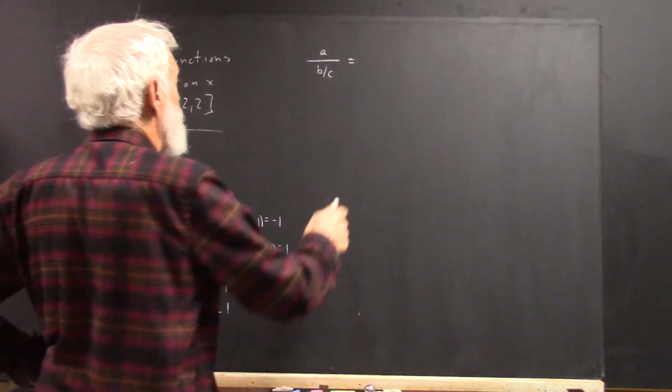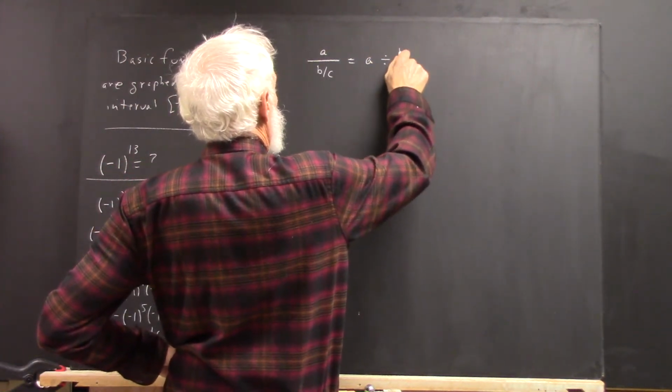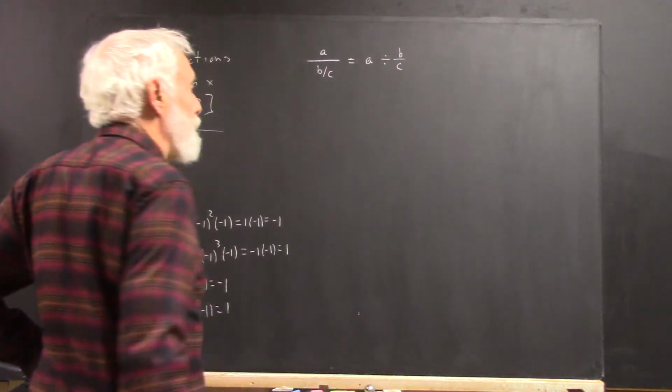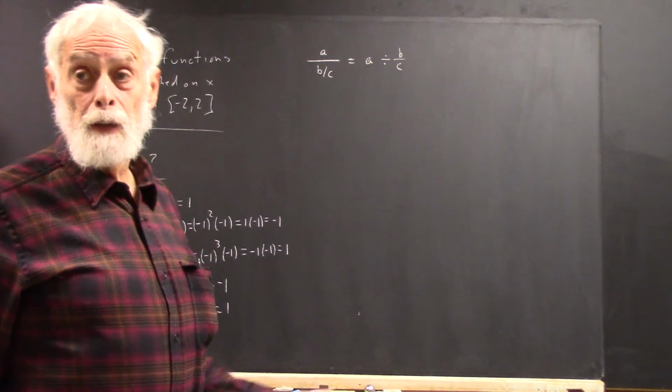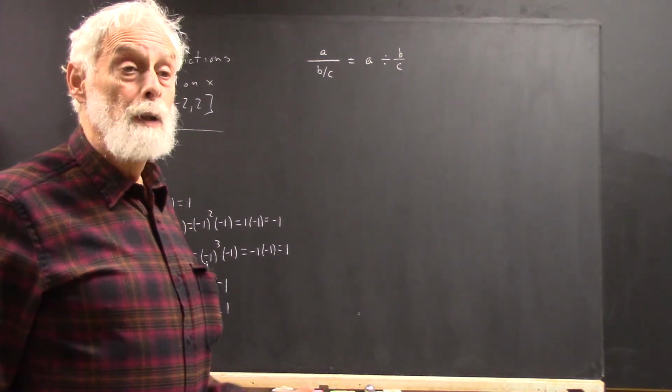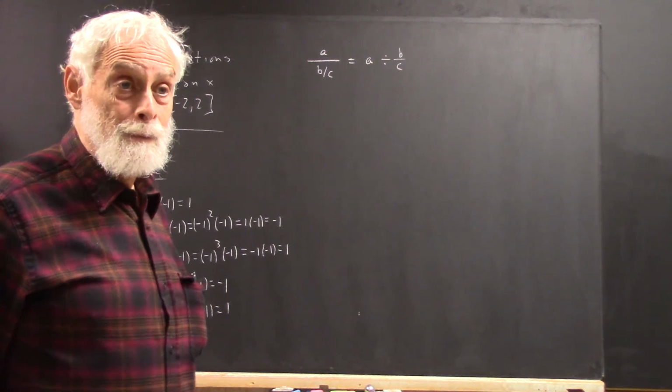Well, that's A divided by B over C. And what's the rule for dividing by a fraction? You multiply by the reciprocal. And if that doesn't ring a bell, well, again,